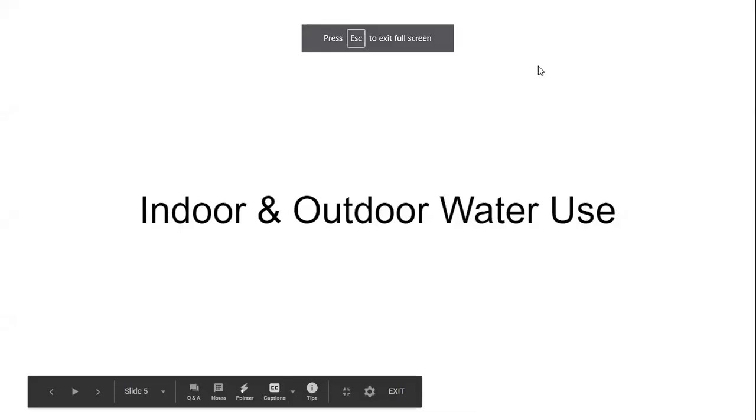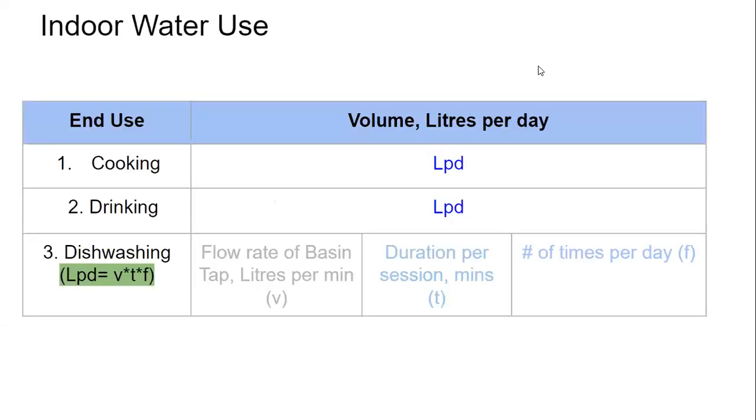This slide I have prepared for you to first understand what we are collecting and why we are collecting it. Let's say we want to understand the water used within the kitchen for cooking, drinking and dishwashing. What you really need to know is how the household or family stores water that is used for cooking and drinking. Generally, people will either store water or use their water treatment unit as a water storage in order to use that water.